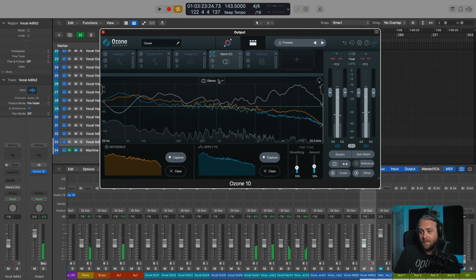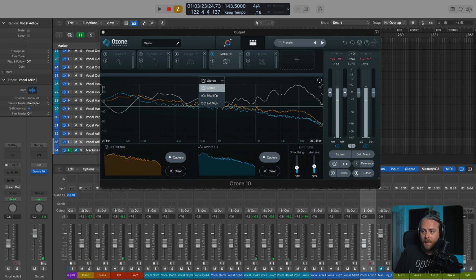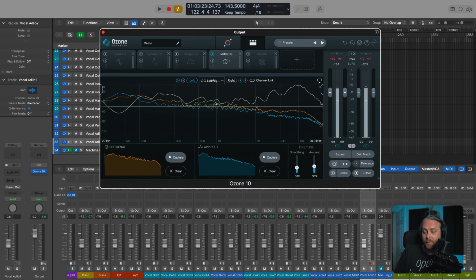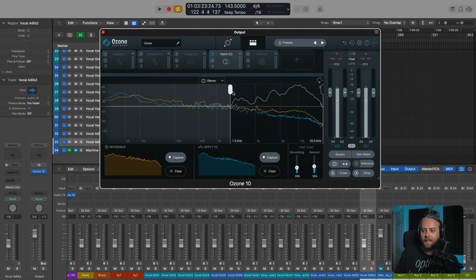Now we can impose the reference in a stereo way, mid-side as well, or just left, or just right, if you want to get really nerdy about it. And I can also move these parameters here so as to reject any imposition of the reference curve on this particular area of the frequency spectrum. So I don't want any of the low stuff that it matched from my reference to be imposed on the source. I just want the high stuff. So what I've done is I've rejected everything below 1.5 kilohertz, right? So only the top end is going to be brought into my source track.